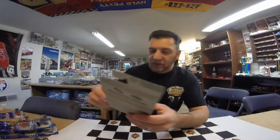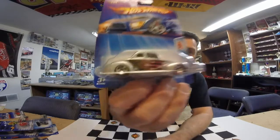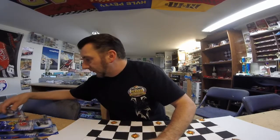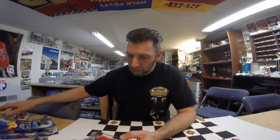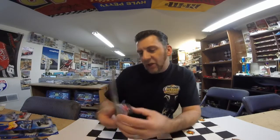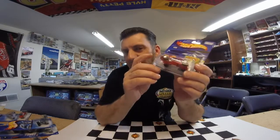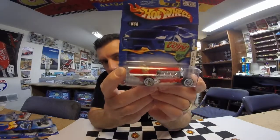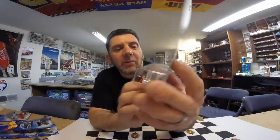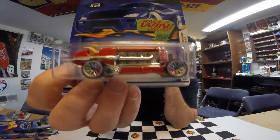And then this really sweet looking 1940 Ford Coupe with the flames on it. This is a sweet car, sweet street rod. Really cool. And then he sent him this really cool Torpedo Jones 2002 first edition. This car really reminds me of the Monster of Turin, I think is what they call that car. It's a Fiat. That there was a replica rebuilt of it. This car really reminds me of that car, but this is really cool, old style, early 1900s looking race car,